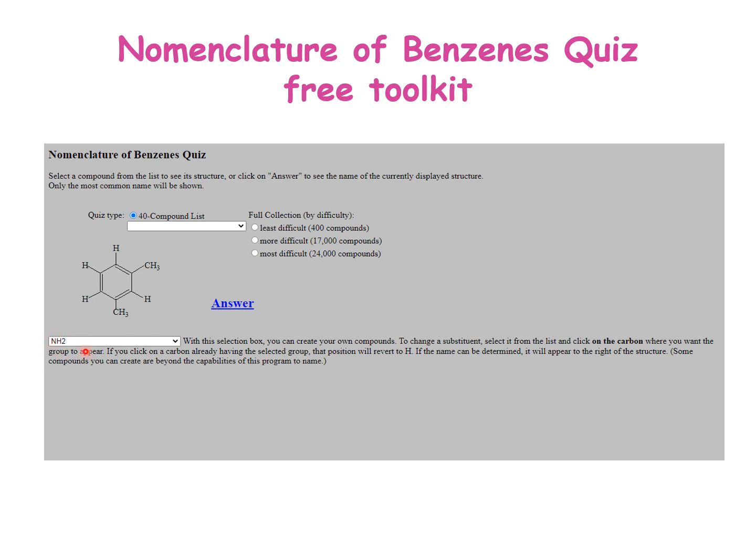So if this is already selected, if you click on this carbon, it will have substitution of amino group. So in both way it can work. You can select the base compound from here and you can change the substitutions from here. One more option will pop up over here, and after clicking on that you will get the name of the compound. So you can just try with different substituents at different positions and see their nomenclature.